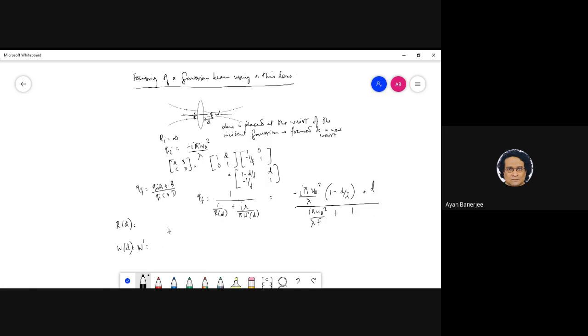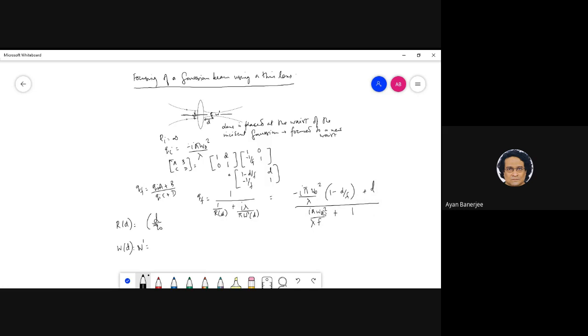Has anybody done the brute force way? Brute force is the way that typically it happens. Sir, I have done it, but it is not nice. It looks very horrible. It is pi square omega raised to 4, let me write. Okay, one thing: let me make your life simple. Write this guy as z0.